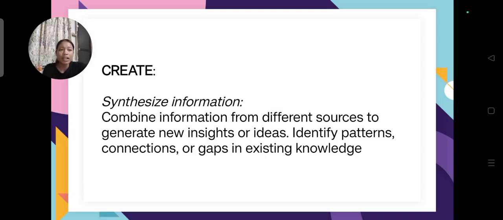After gathering and organizing information, the next step is to create something meaningful from what you have learned into a specific lesson. It depends on what you search for. This means transforming information into new knowledge, new outputs such as reports, essays, presentations, narrative reports, or digital projects. Creating requires critical thinking, creativity, and understanding